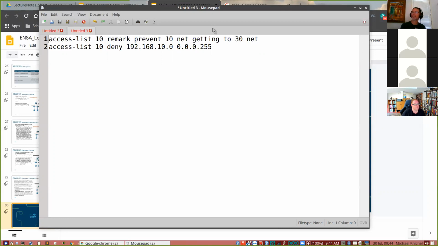Now, one of the things you'll learn through the lab, as we're building access lists and using our text editors, is that we might need to reorganize things a little bit, and it's a lot easier to do in a text editor.